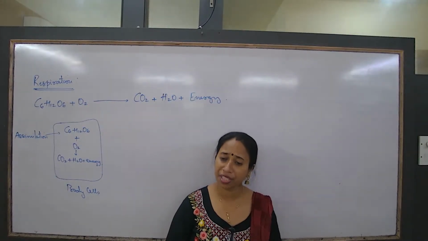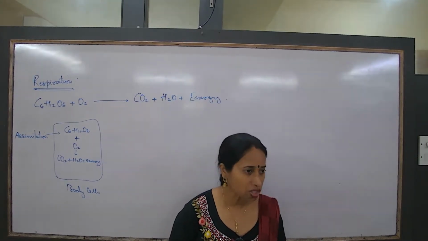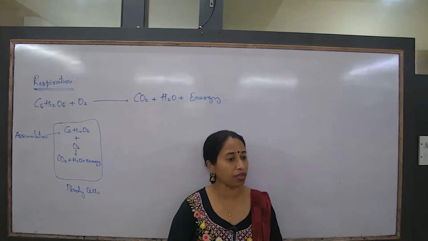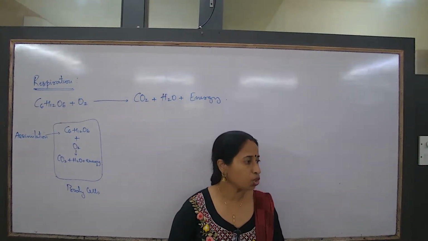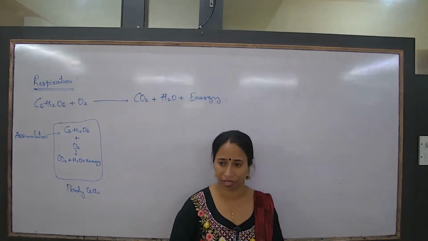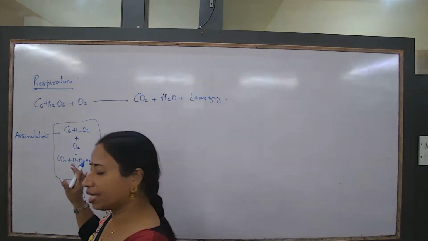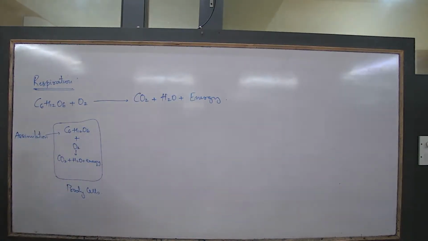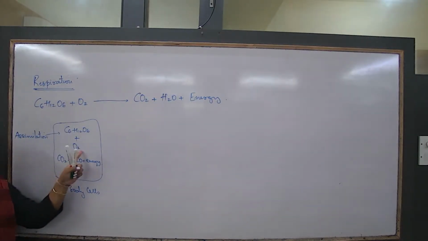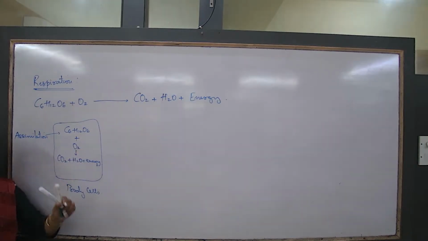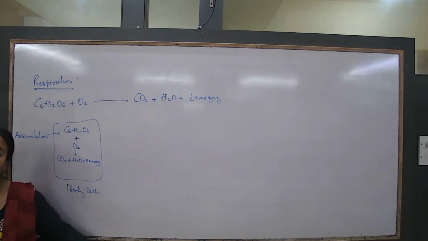So how do we define respiration? The biochemical process in which glucose is broken down with the help of oxygen to release carbon dioxide and energy. But this process, again, based on what type of organisms we are, will every organism have a large amount of oxygen in the cell? No. I will talk about some organisms which will not. Okay, now can you tell me which is that cell organelle which releases energy?